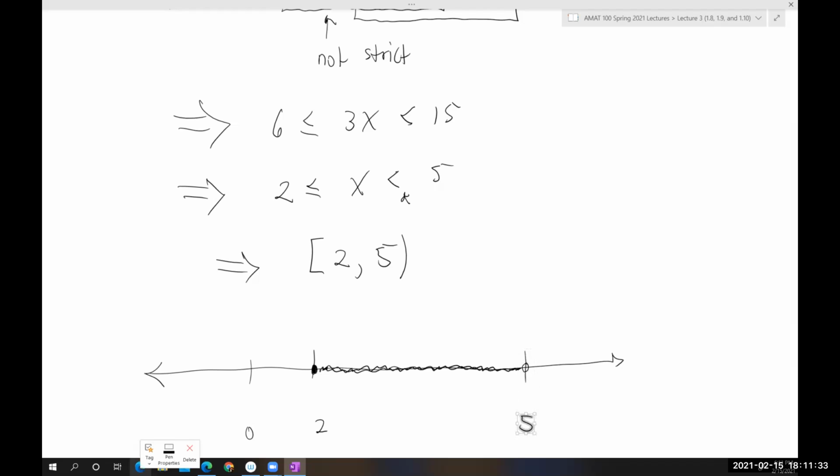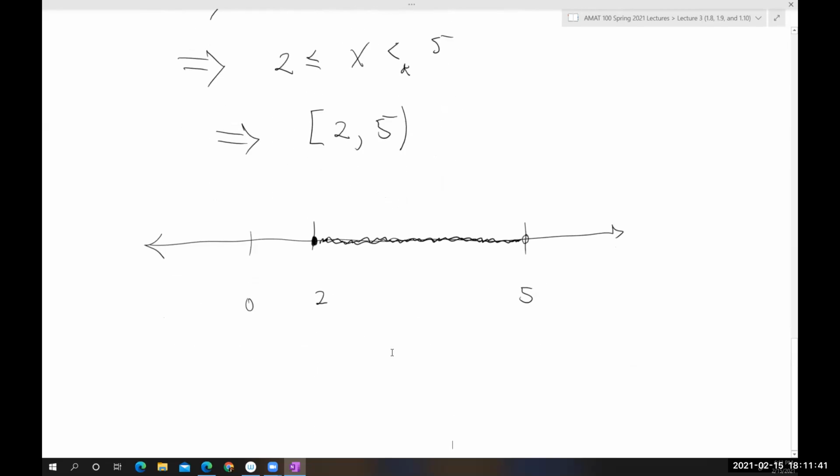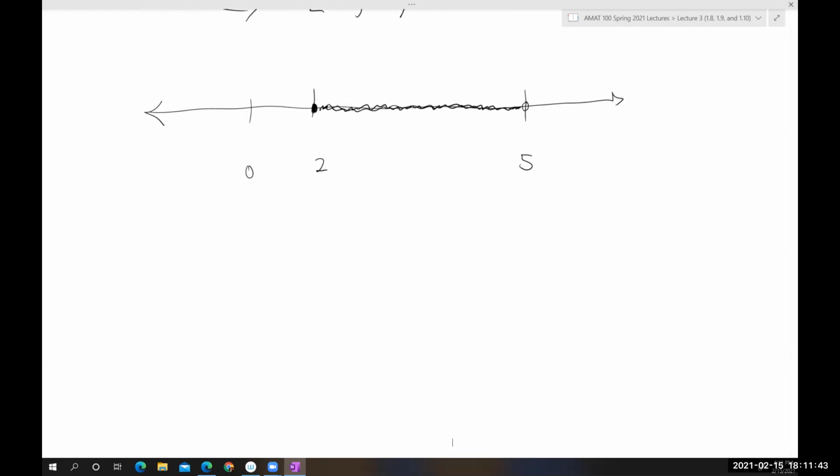And that will finish the problem. We just solved the inequality, we found the solution set, and we plotted it. We plotted the solution set. So now let's move on to